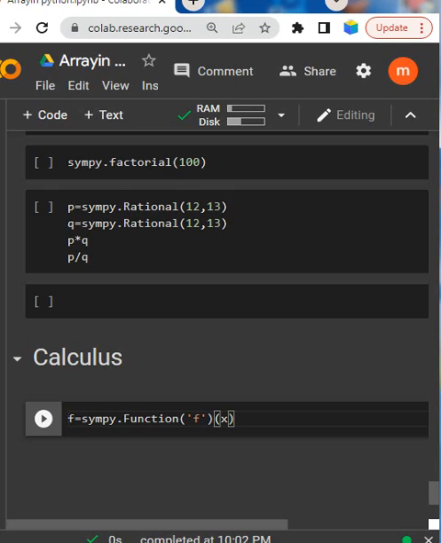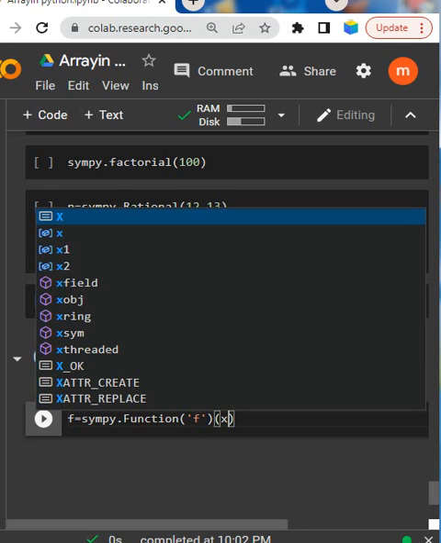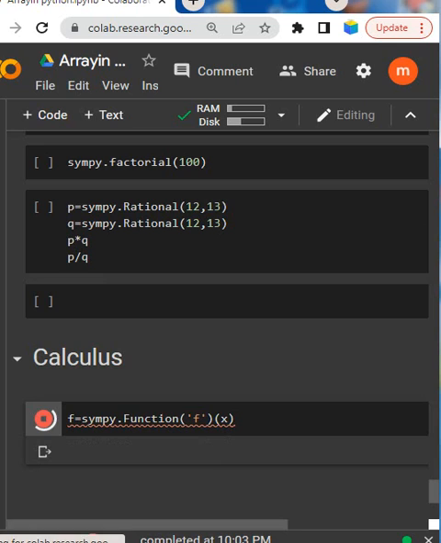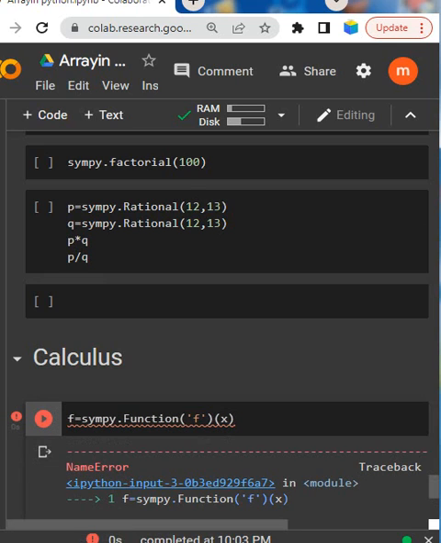If you want to write with respect to y, you write t there. And now I am going to write here simply the function,